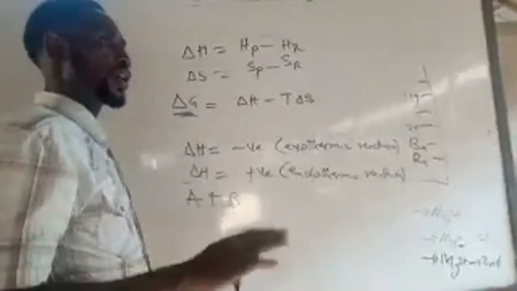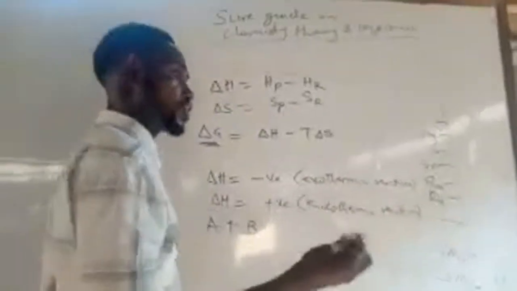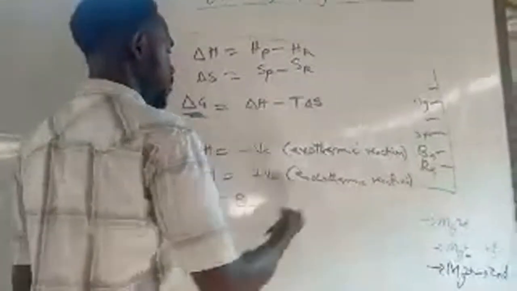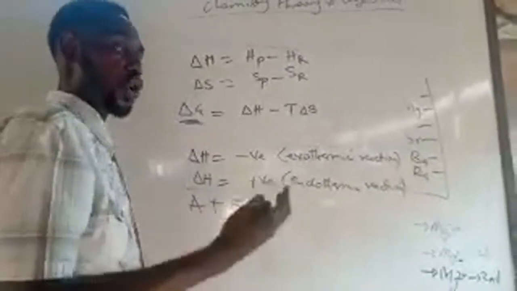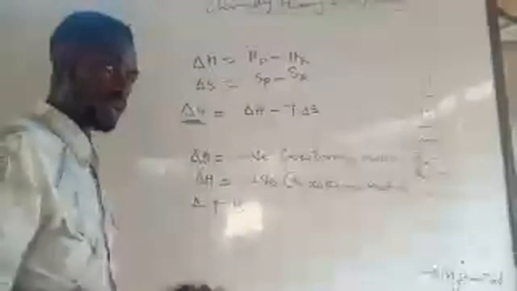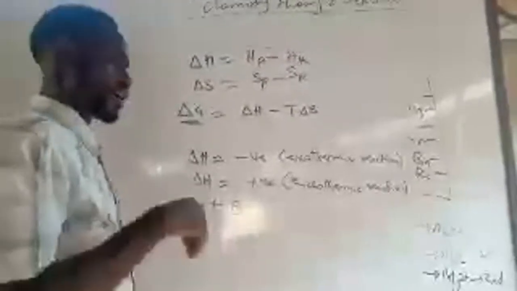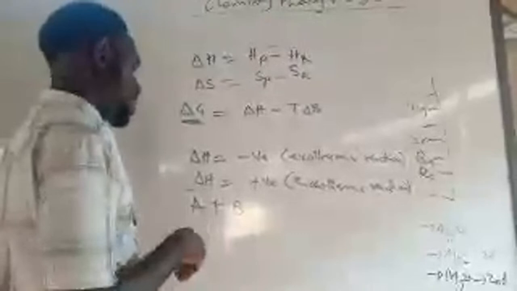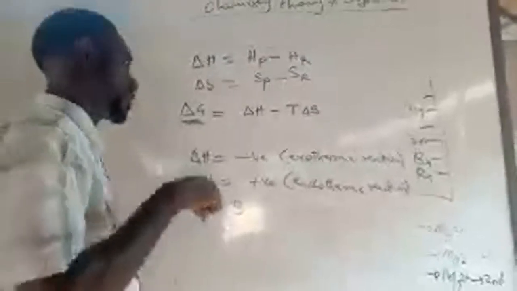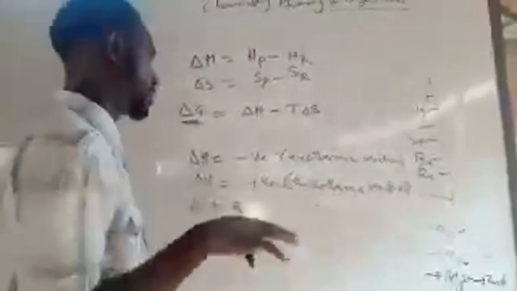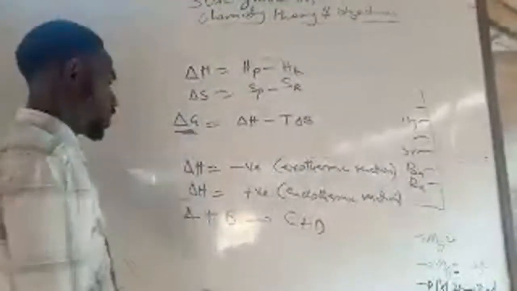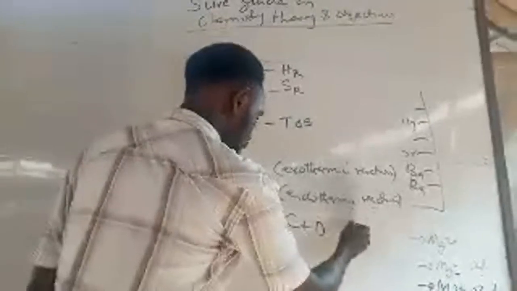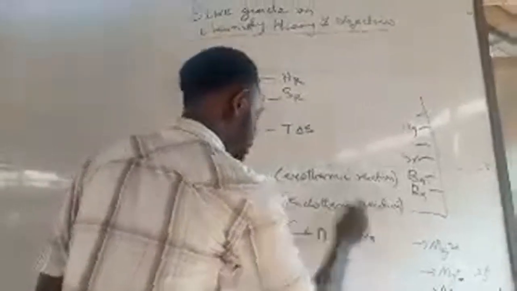So in a simple way, if a reaction vessel feels hotter to touch, you call it an exothermic reaction. Then if the reaction vessel feels colder to touch, you call it an endothermic reaction. And remember, we are talking about the internal energy of the reactants and the products. Understood? So if heat is given out, that's when you feel the hotness, it becomes negative. But when it is very cold to touch, it becomes positive.